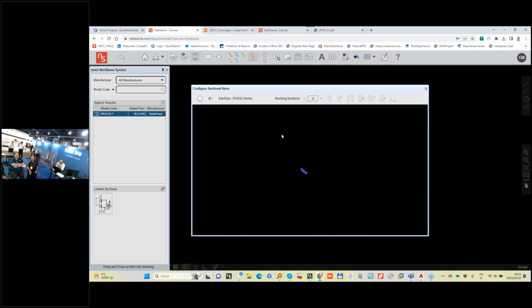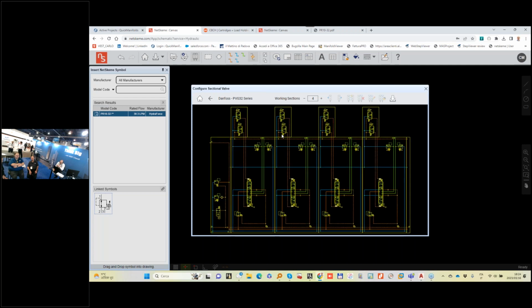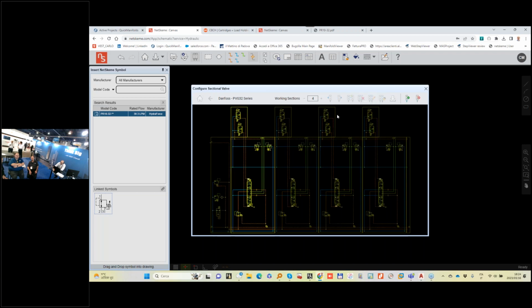This is only a symbol configurator. It's not retrieving all the part numbers. This is only an effort that we made to help our customer in NetSkeme being able to draw this complex diagram. It is possible to edit each section, so you can select a section and click edit and select a different spool,